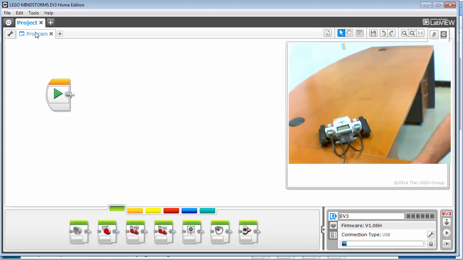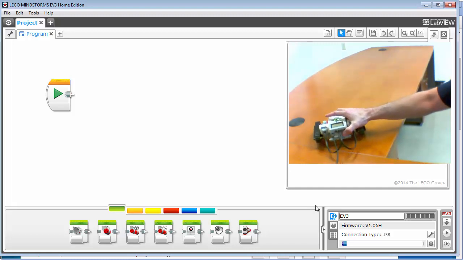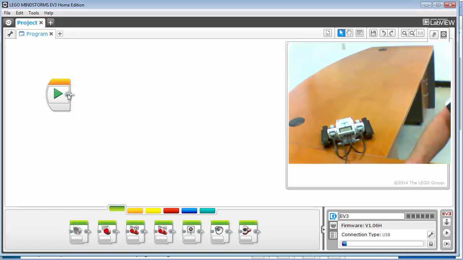And you can come in here, and the project has this thing called program in it. You can rename the program if you want. When I download this, it's going to actually download it to the brick or the tracker, and you'll see the name program on there. So sometimes you want to change the name of it, and the way that you do that is you double click on here. So go ahead and double click on it and just write test 1,